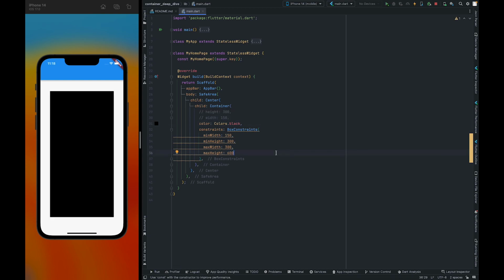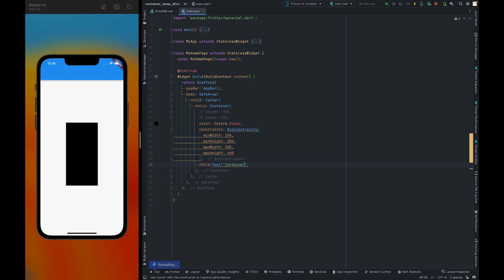Now the container is using max height and max width which we have passed to the container. Why is it taking maximum height and width? So we are wrapping our container with the center. The center tells the container that you can get as big as you want. Okay, as long as you don't have any child. If I pass a child here, you will see that the container is now using minimum width and minimum height. Okay,